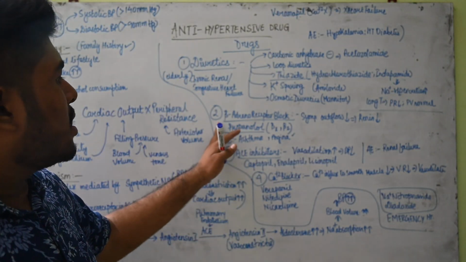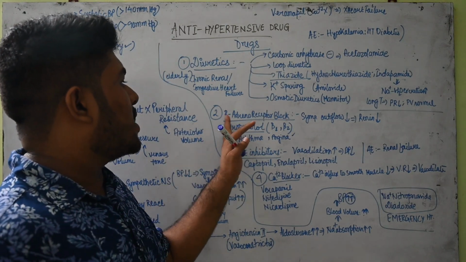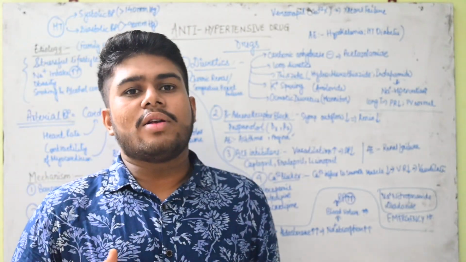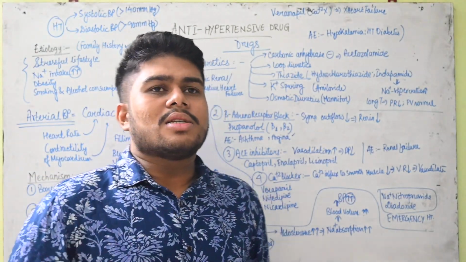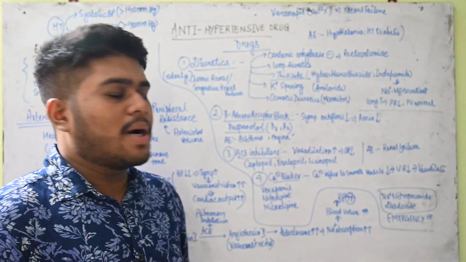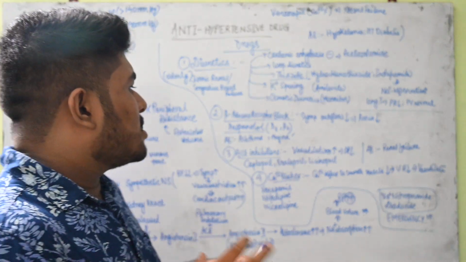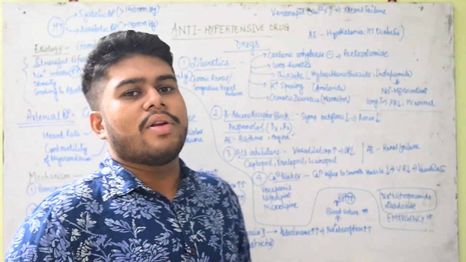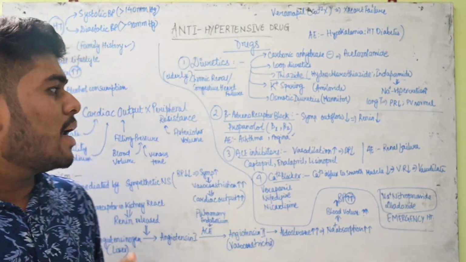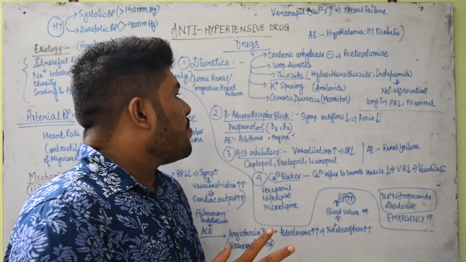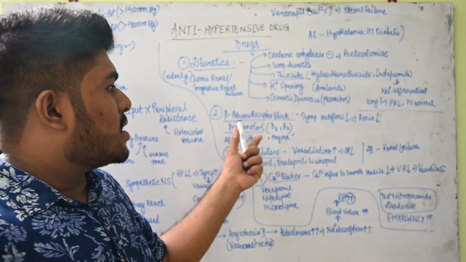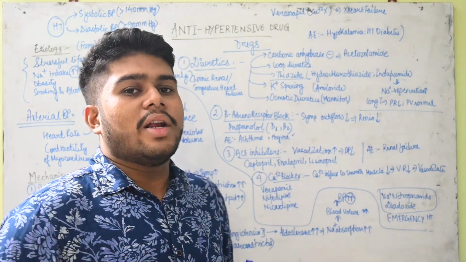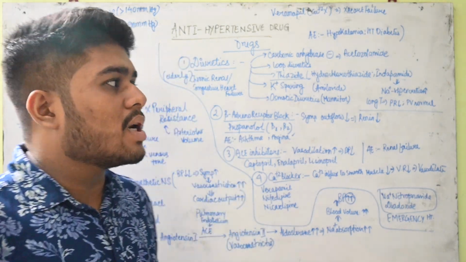Then another important medicine that we see is the beta adrenoreceptor blocker. Now what do you mean by beta adrenoreceptors? We will discuss this mainly in the nervous system part, but keep in mind this much, that there are beta receptors, adrenaline and noradrenaline sensitive, beta 1 and beta 2 receptors. So when we block these receptors, automatically the sympathetic outflow, because these are adrenaline and noradrenaline related with the sympathetic nervous system.